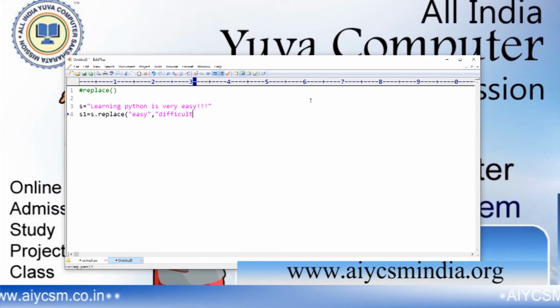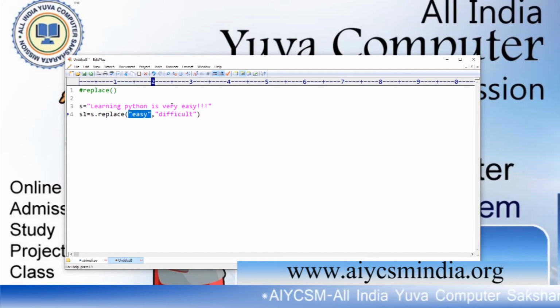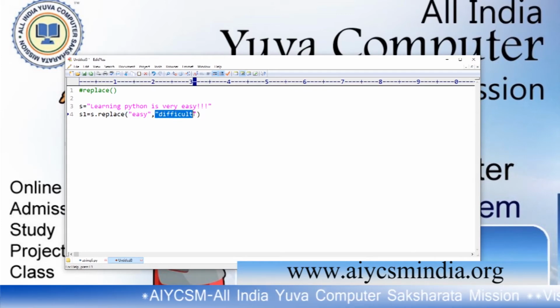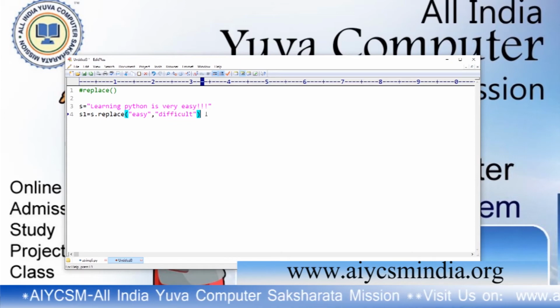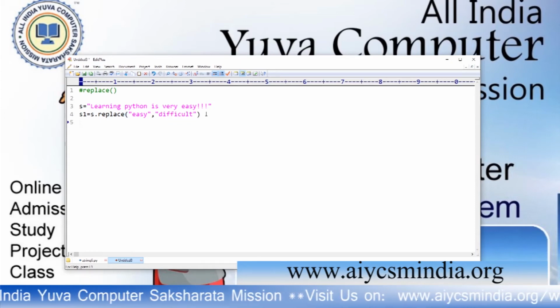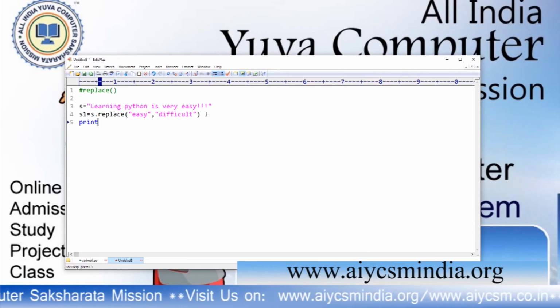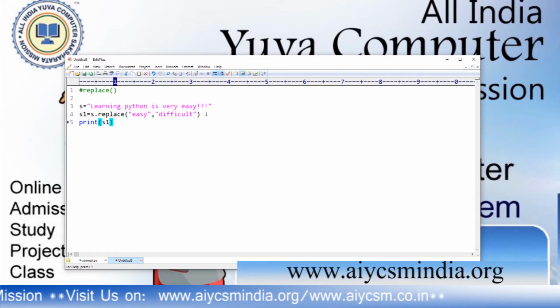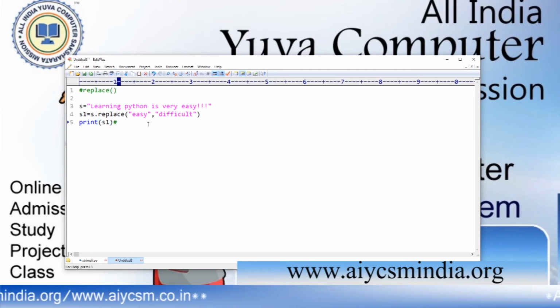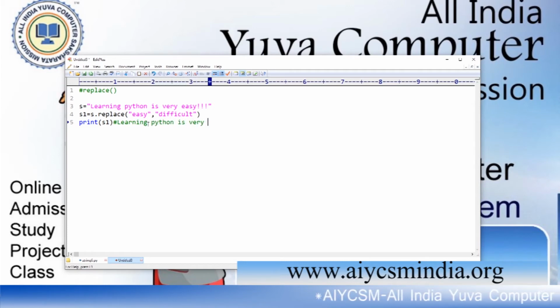I want to replace the value that is available in this string with this new value. If I do like this and then I print S1, it will return the string learning Python is very difficult.